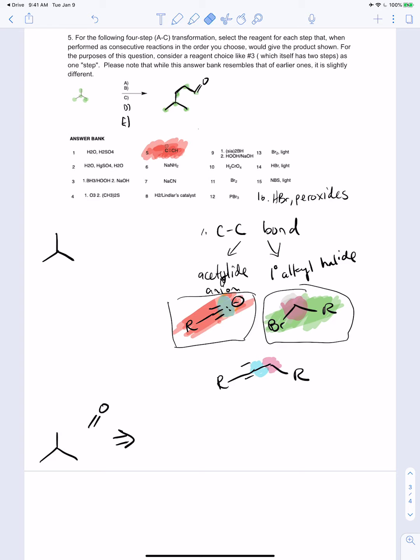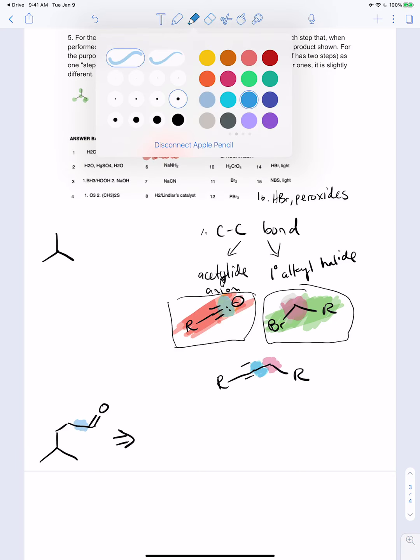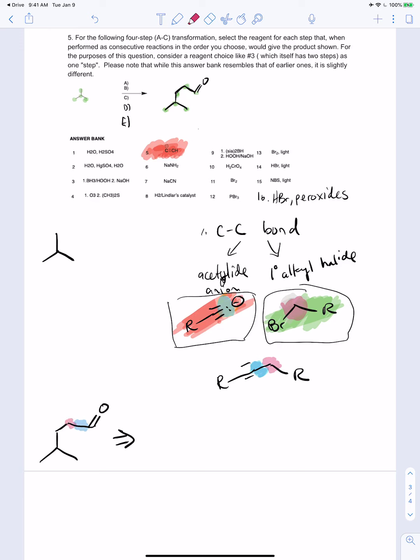Looks like I've chosen poorly here. Let me fix that. If we're indicating the alkyne side with blue, then naturally we want that to be this 2-carbon side, because we know that our reagent up here has 2 carbons in it. And if we're indicating the alkyl halide with red, we know that we want that to be on the other side. So what are we working back to here? We break it right there, and we cap both ends with